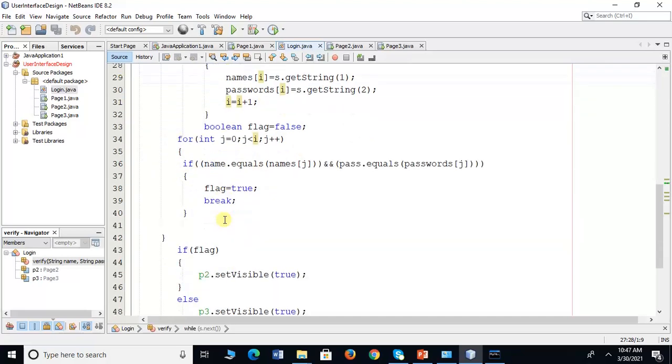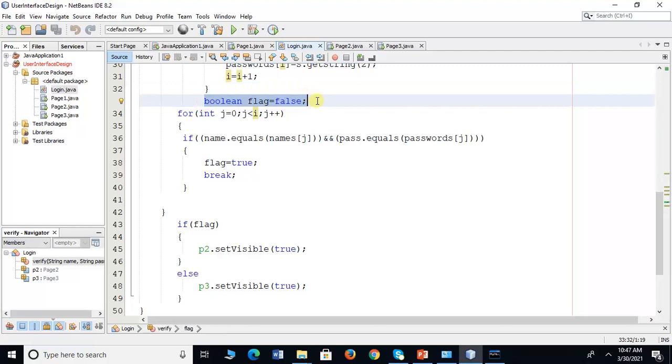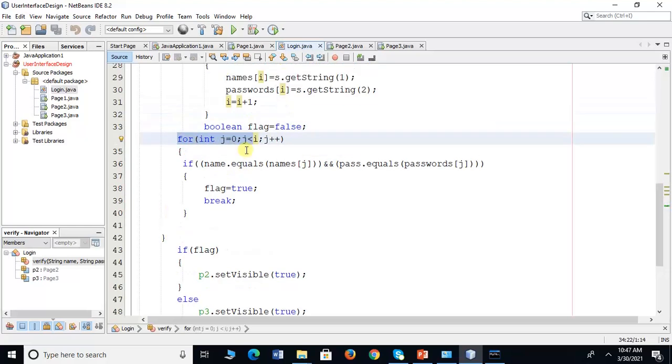Now in the next part, I'm creating a boolean flag component, or else you can create an integer flag which is equal to 0. Any component, any data type you can create. So what is the meaning of this? Here i holds the total number of entries which is present in the database. So from j equal to 0 until j equal to i,